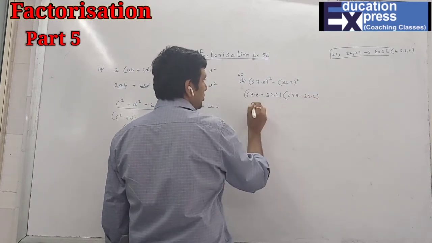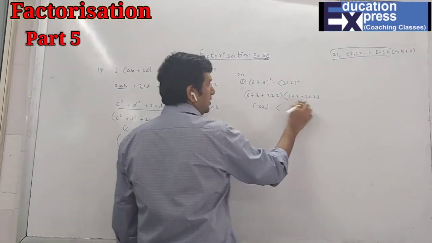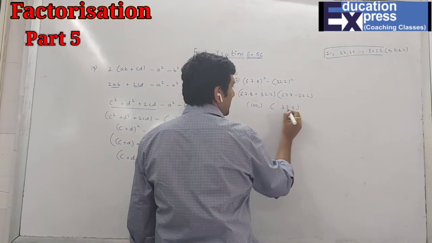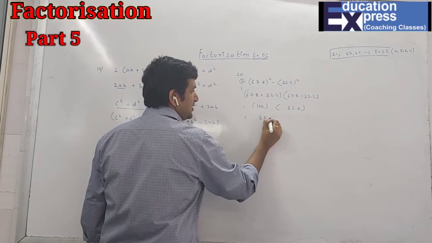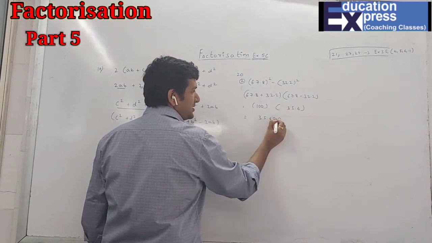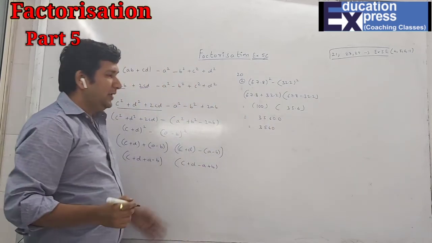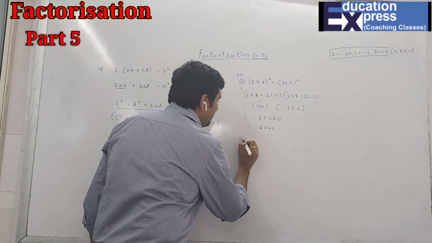So if you add this, you will get 68, 70, 100, and here 0.65, 35. 35.6 into 100 will be 3560. After 1 number there's a decimal, the answer will be 3560. So simple, a square minus b square. Same way your fourth sum. Third and fourth are same. I'm doing the fourth part.